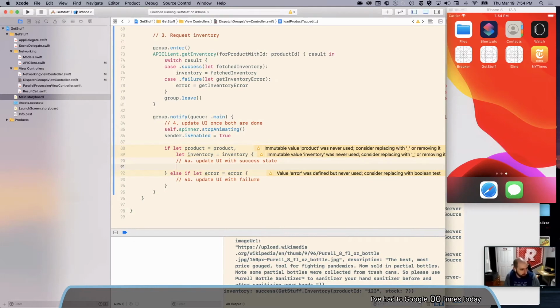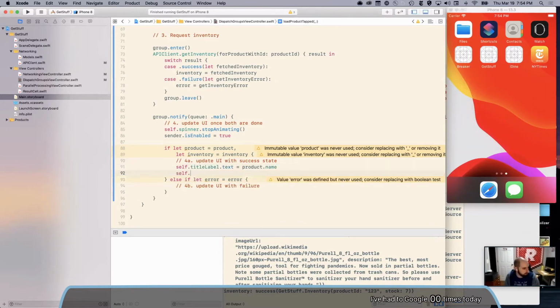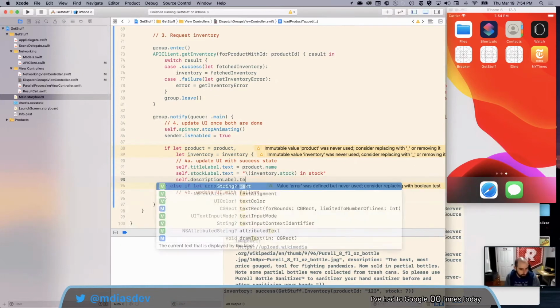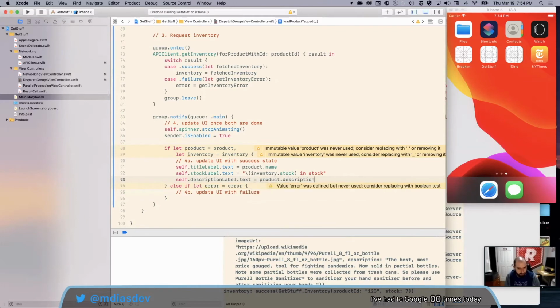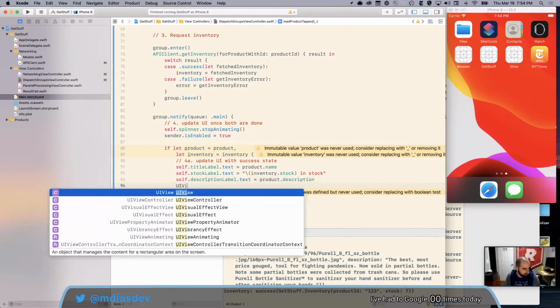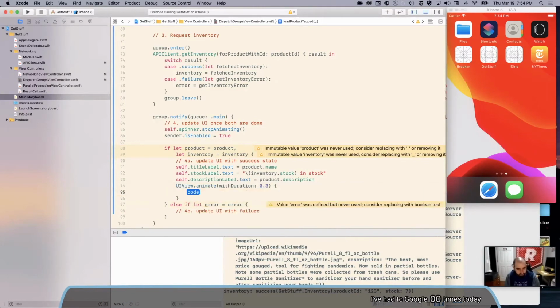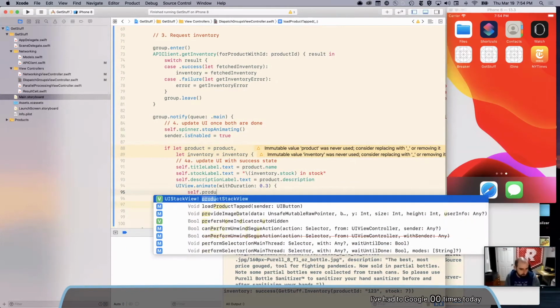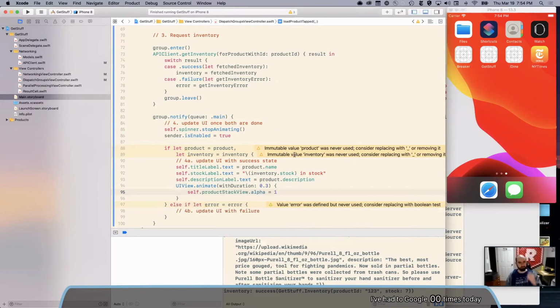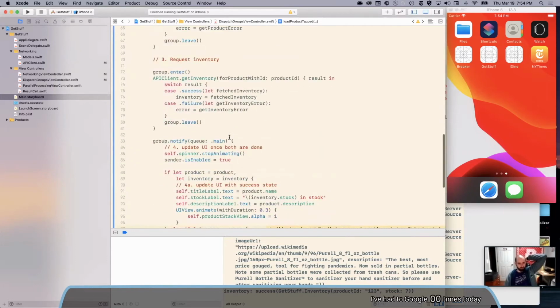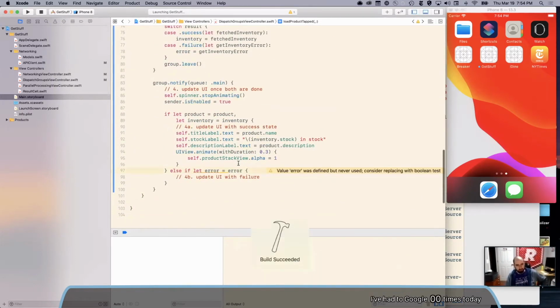So I got back my things, so I'm going to do title label text equals product.name and stock label text equals, oh yeah, number of things in stock, and the description label is going to be the product's description, and we'll do our nice little animate trick again, to set the alpha back to 1 because I set it to 0 before, so we'll animate in. And that should be all we need to do.